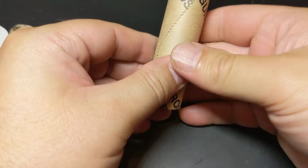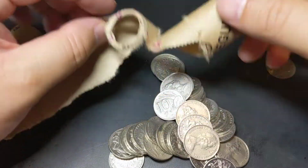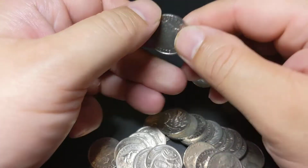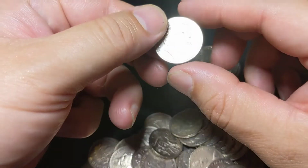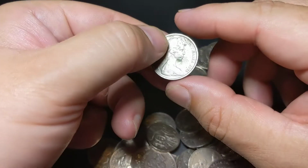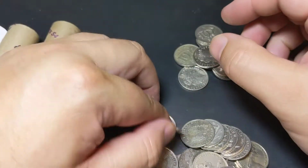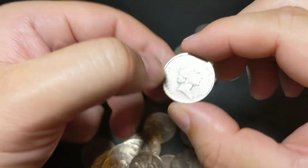Alright. 2012, 1988, 2006, and 99. Sometimes there's some big cuds on the back of the 99 in between the tail feathers, so keep an eye out for that. But yeah, cuds do happen a lot around the 0 and the 1, which depending on the size of the cud, and there are some very small cuds that do occur,